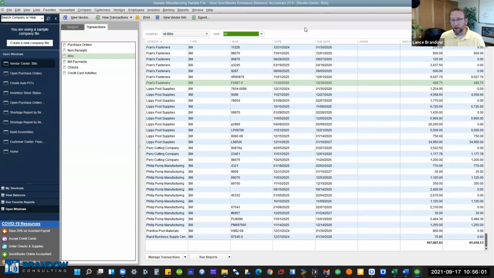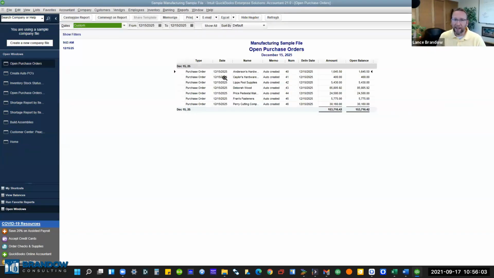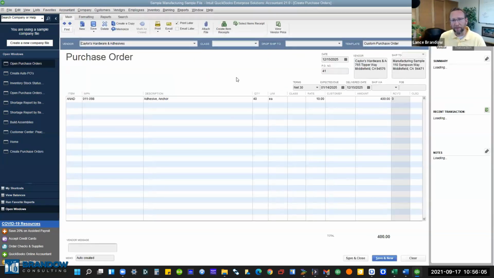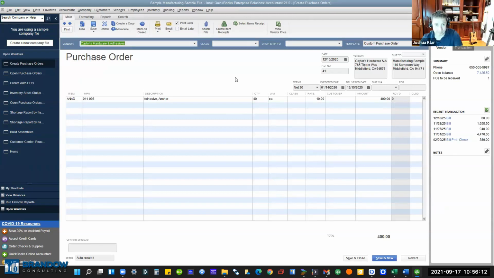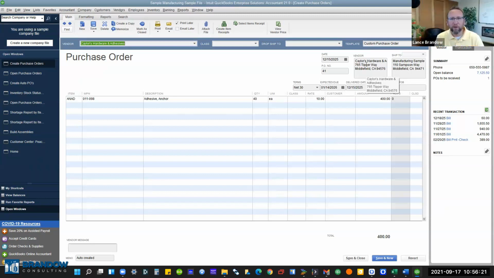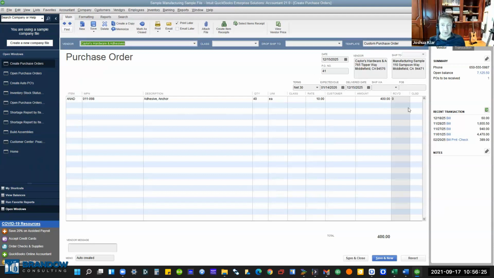It created them, but obviously it did not email them, and I'd like to make this clear because some people are afraid of this. We created those purchase orders, but it did not email the purchase orders to the vendor. Right. We'll call it semi-automatic. It's not fully automatic, and we don't want fully automatic in this case. We do want to go to each purchase order, look at it, make sure it's correct, and manually send it to the vendor ourselves, or maybe go through all of them, make sure they're correct,